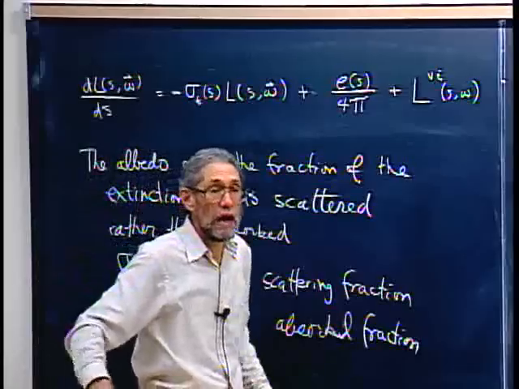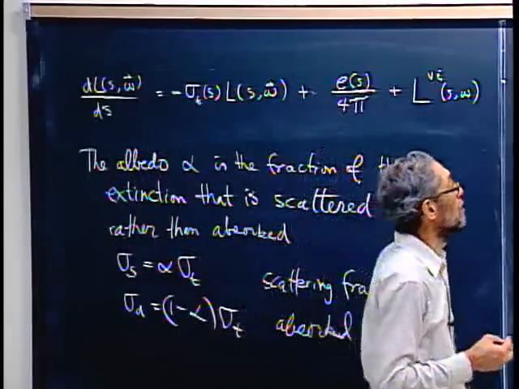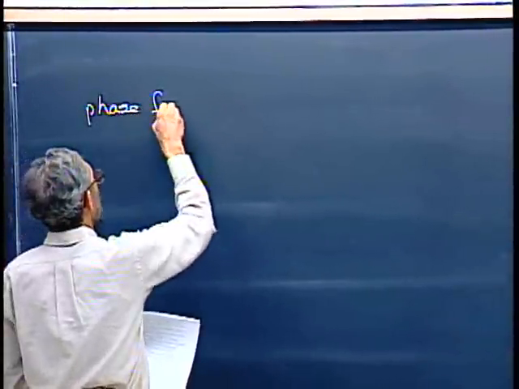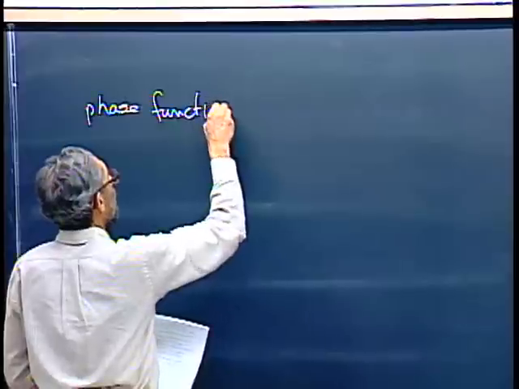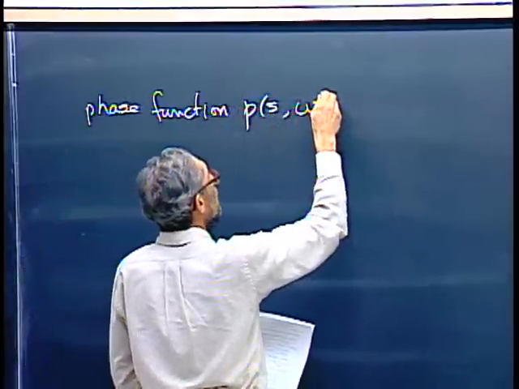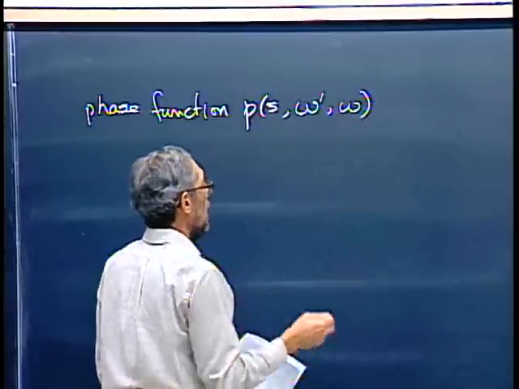So every kind of scatterer has its own phase function. So the phase function P, it could depend on position,